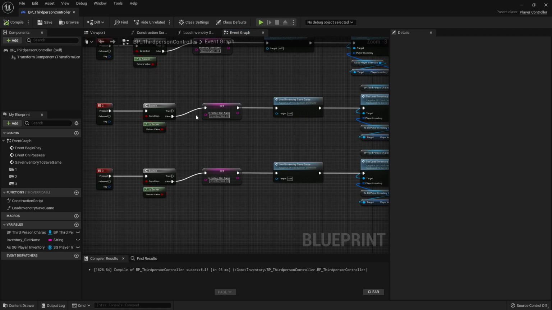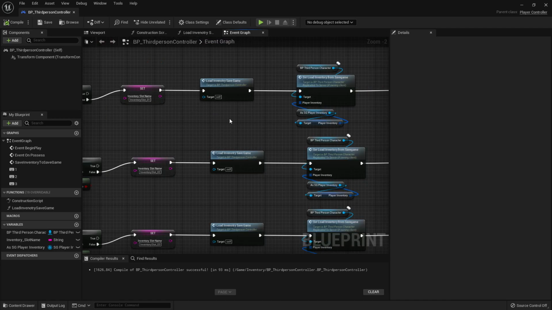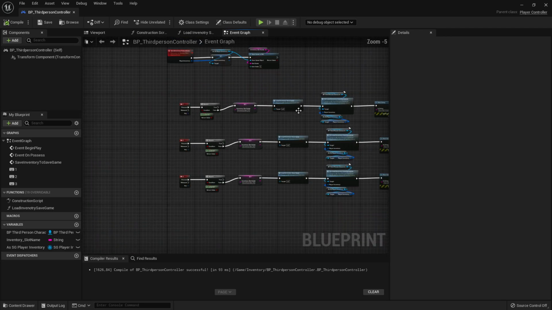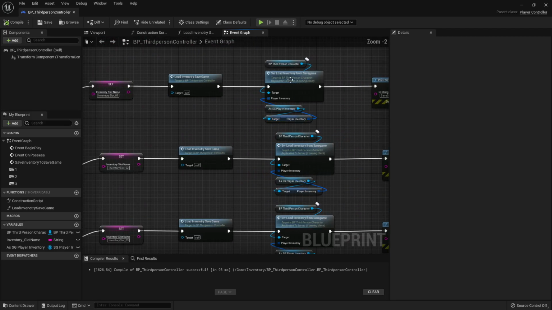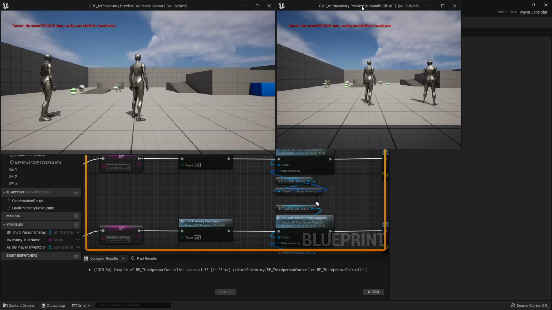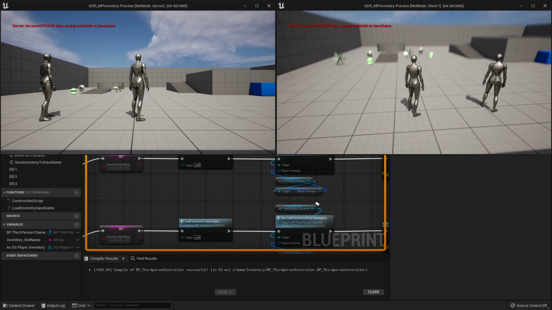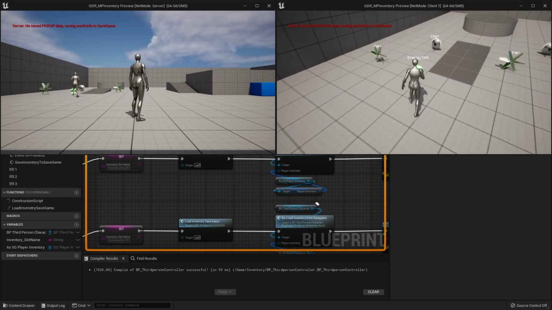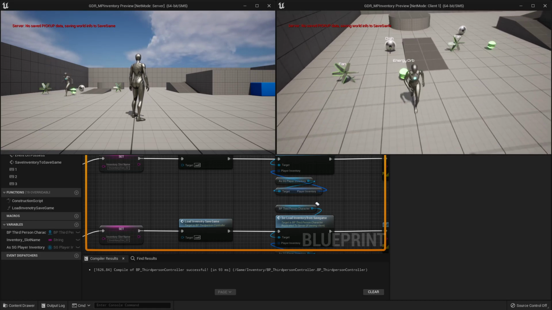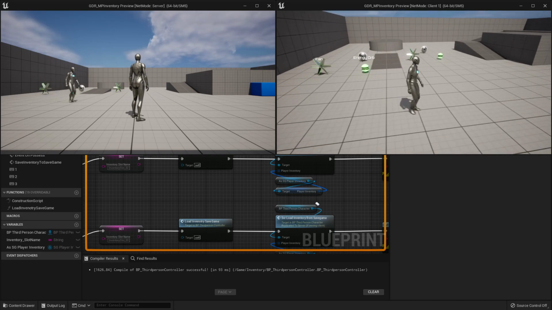So right now we should be able to test, so let's launch a game and see what happens. So before we start testing, I removed the save games from the SaveGame folder. So after we made changes like this, it's probably smart to just get rid of them, and that way you know you start with a clean sheet and everything should work. So let's launch a 2-player game, and right now it's storing all of the data to this save game, so that should be fine. So I'm a client, I need to select the save slot before I do anything, so